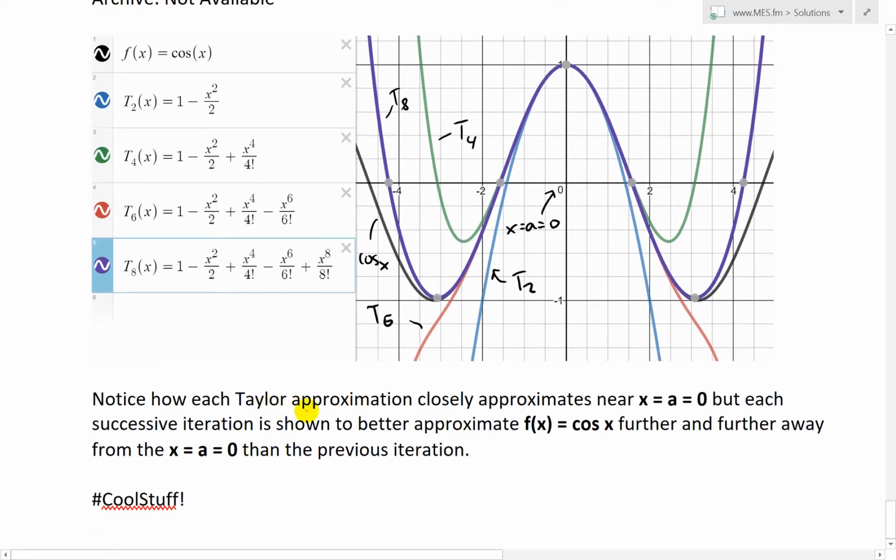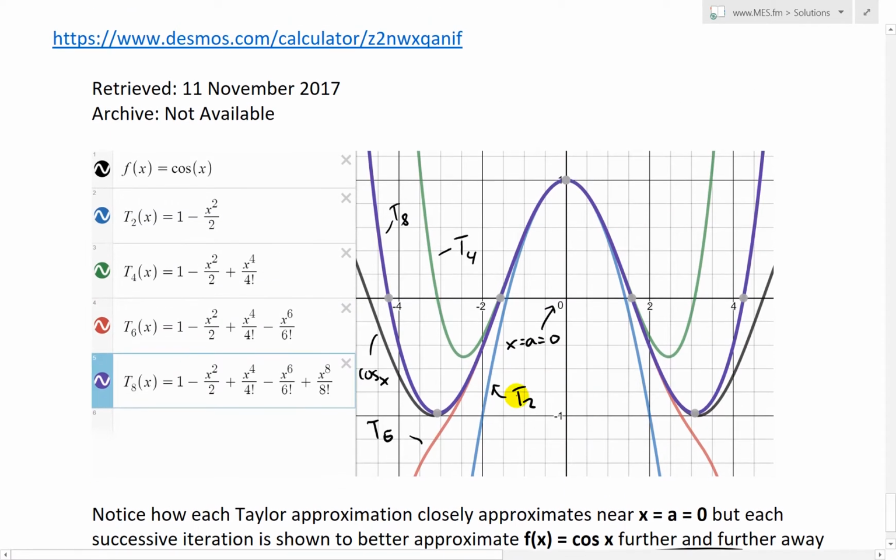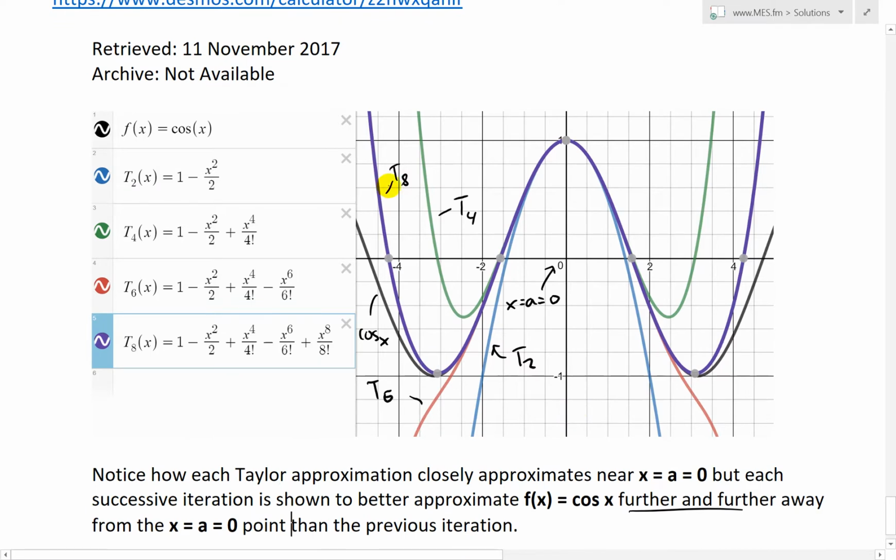So notice how each Taylor approximation closely approximates near x equals a, which equals 0, but each successive iteration better approximates f of x equals cos of x further and further away from the point x equals a equals 0 than the previous iteration. T2 is approximating closer, and T4 is off beforehand, and then the T8 is the one that goes back up. Obviously, when you increase it to T10, T12, all the way to 100 and so on, you get